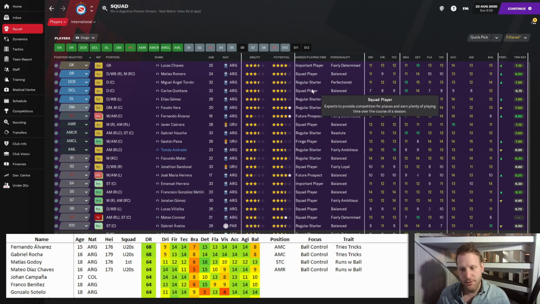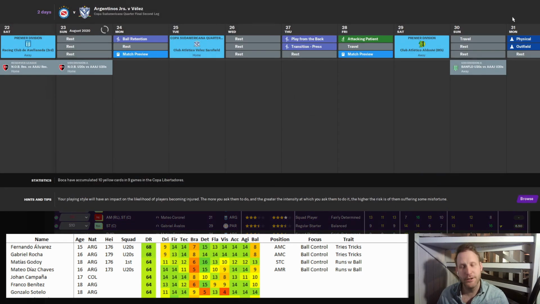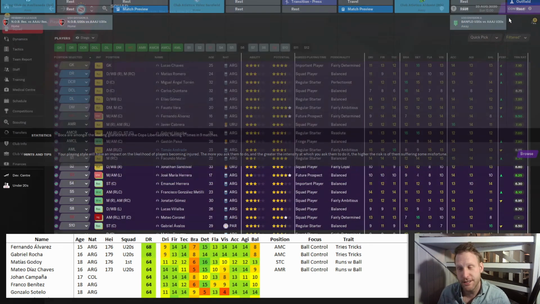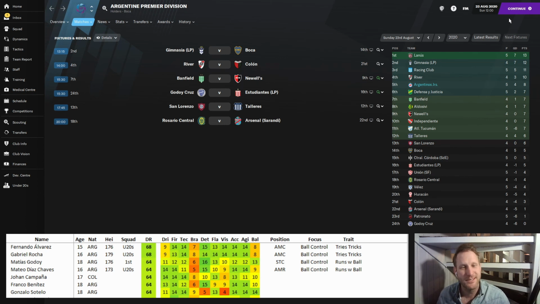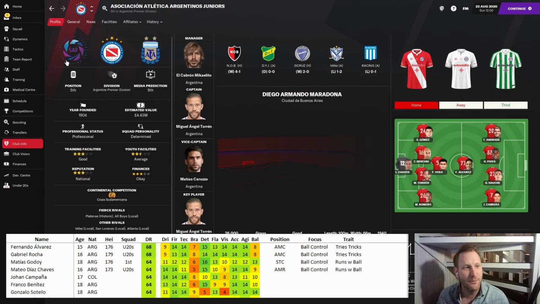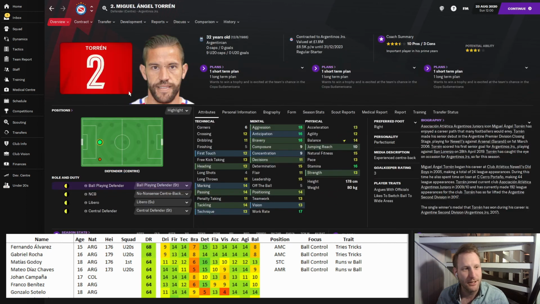Does the next Diego have to be a youth product from Argentinos Juniors? He has to be, and by youth product, we need to get him in at age 18. He doesn't have to come through our youth intake, but we need to get him in, sort of develop him within the club before we move him on. And he needs to be Argentine or Argentinian. I'm not sure which is the right way to say it. I've been saying Argentinian, but when you click on a player it says Argentine. Here it says Argentinian. Okay, so now I'm just confused. But he has to come from Argentinos Juniors.